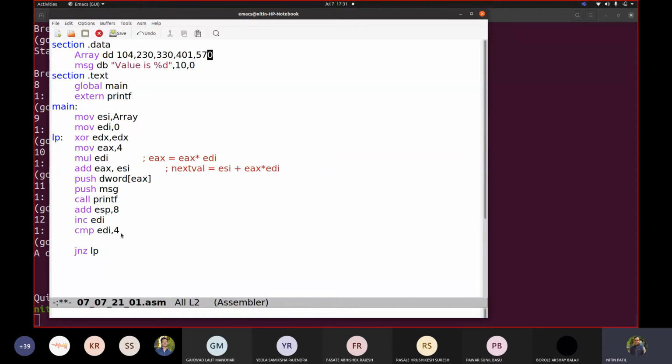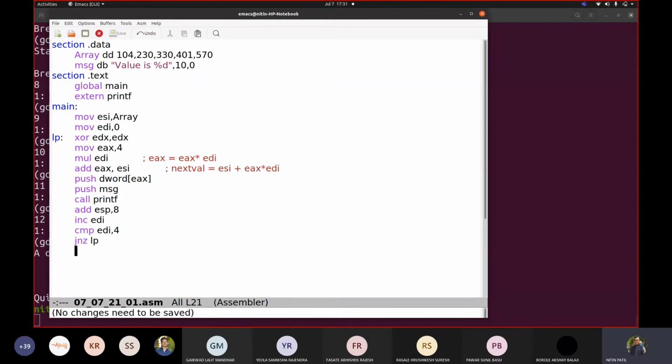So if EDI is not 4, then jump not 0 to LP.